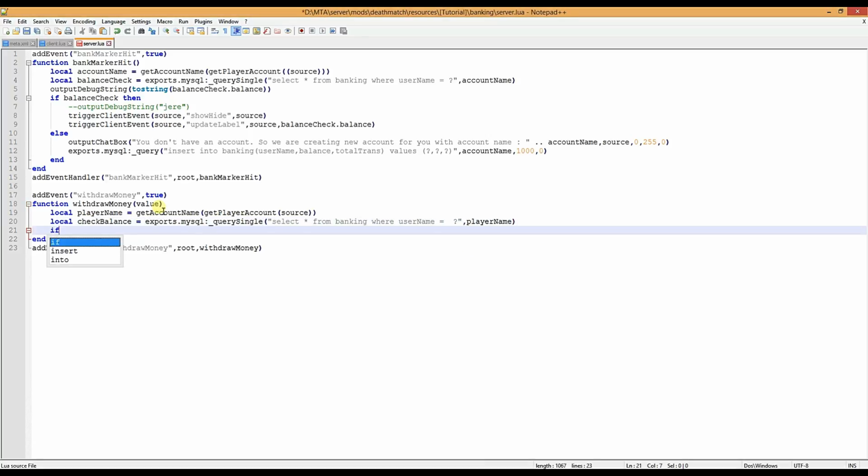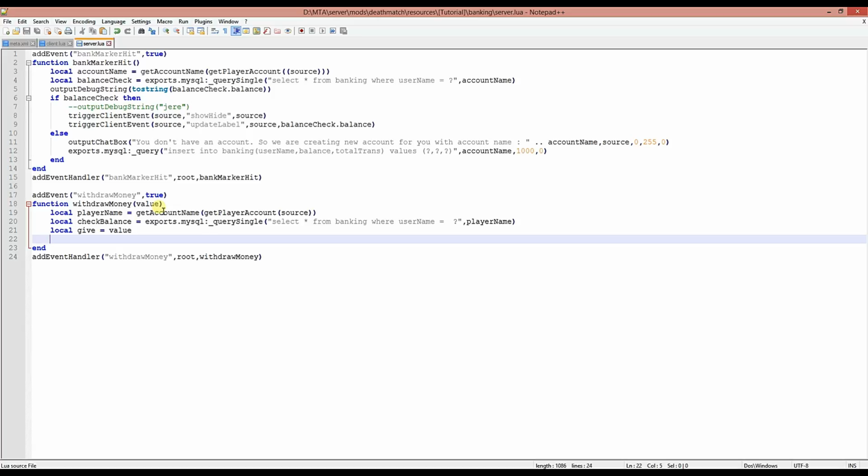And let's say the value equal to value, and that's new balance, which will be the number check balance dot balance minus the value,